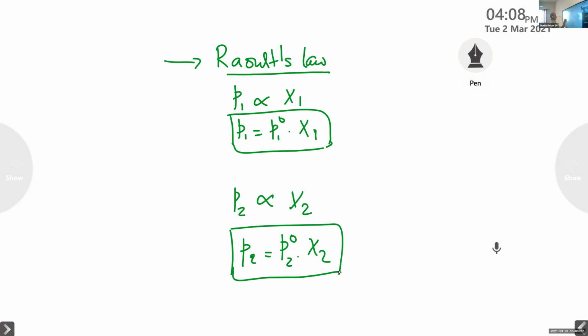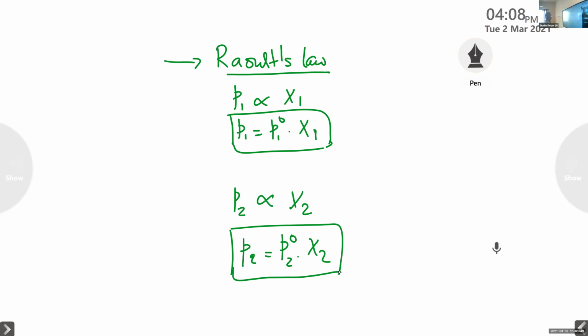If P1 and P2 are the partial vapor pressures of components 1 and 2, and x1 and x2 are the mole fractions of 1 and 2 in the solution, then according to Raoult's law, P1 is proportional to x1, P2 proportional